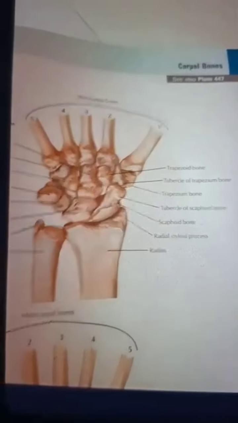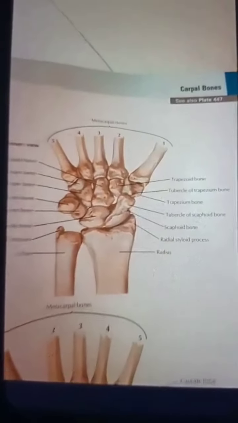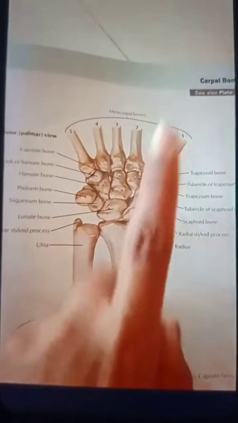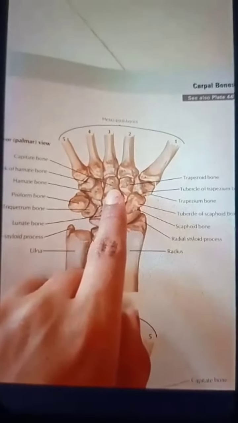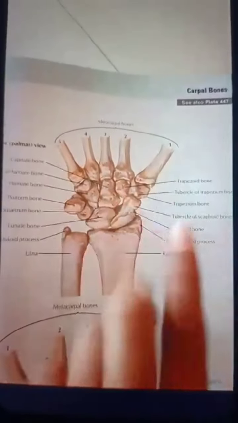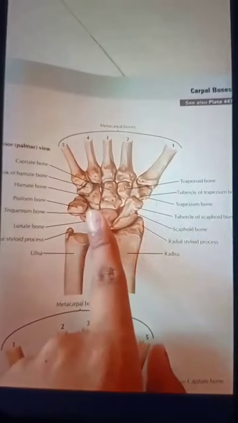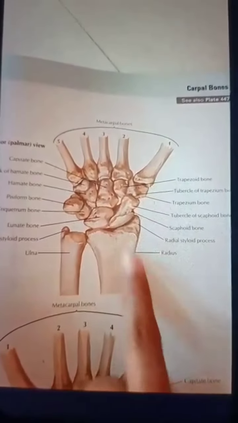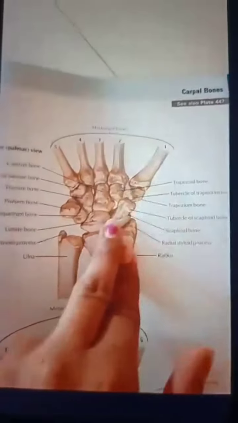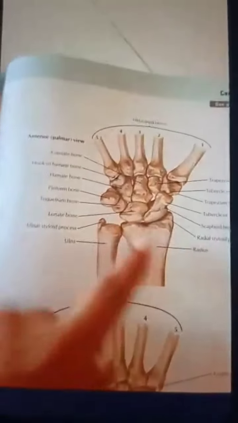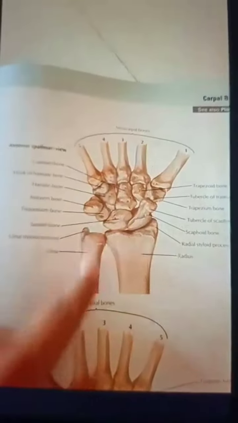So the wrist joint is nothing but the articulation between the lower end of the radius and our scaphoid, lunate and triquetrum. Only these three bones, as you can see, scaphoid, lunate and also triquetrum, are articulating with the radius. Only these are involved to form the wrist joint. And next note, ulna is not involved in the wrist joint formation. Of course you can see there is a gap, it is not involved.